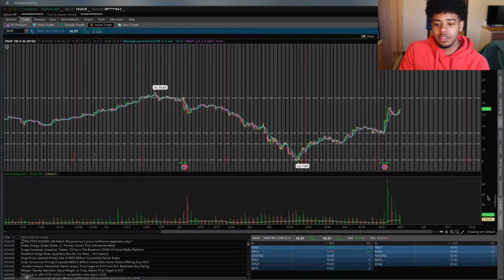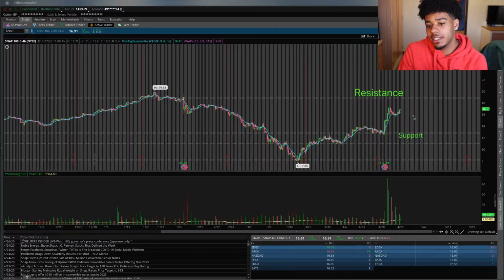I'm going to go ahead and start off on Snap, and I already put in my support and resistance levels, and I'll do it again right here just so you guys can see exactly what I'm looking at. Resistance, support down here. Oh, well, that's great. I just have the nearest support and resistance. I can see a little bit of a support right there, but for the most part, these are our strong